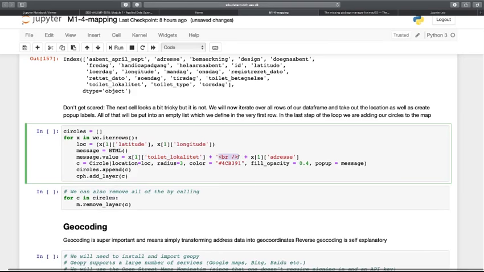The BR here is a new line command in HTML. We just add it here. By the way, in Python you can put in strings and add them up. So you just write the toilet location, which is just some text, plus the BR, which tells it to make a new line, plus the address. And then in the end we say, okay, C